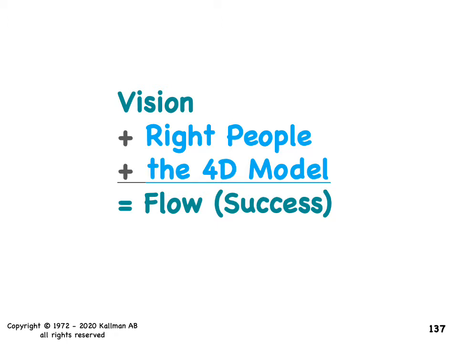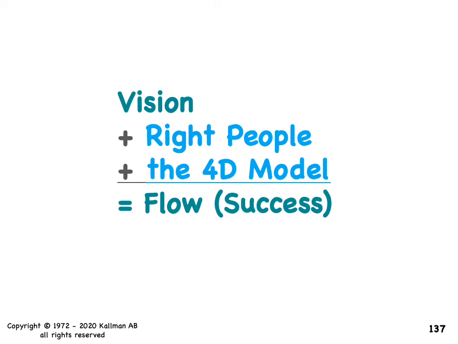It starts with vision. Just like Simon Sinek said, vision first. Okay, great, let's put vision first. But the vision is still coming from a person. But if you're the person with the vision, you still need the right people at the right levels, in the right places to be able to tactically deliver your strategies that are going to help you achieve your vision. And as I mentioned earlier, when you see right people, think 4R model.